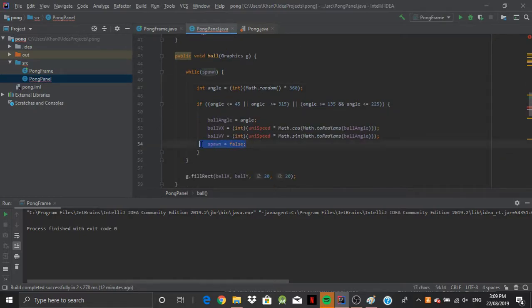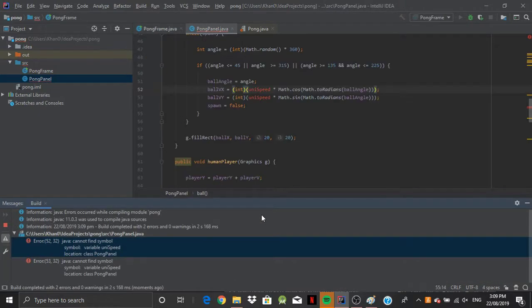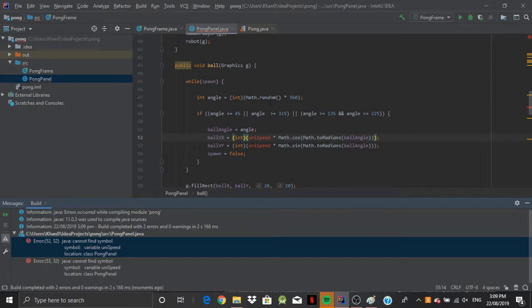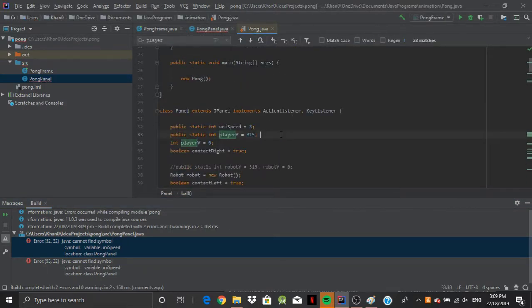So make sure your add spawn is equal to false, otherwise you're just going to be in this state of loop that goes on forever. Now you're going to notice that nothing really happens, I believe. Oh, what happened? Times unispeed. Unispeed? Yeah. Now what a unispeed is